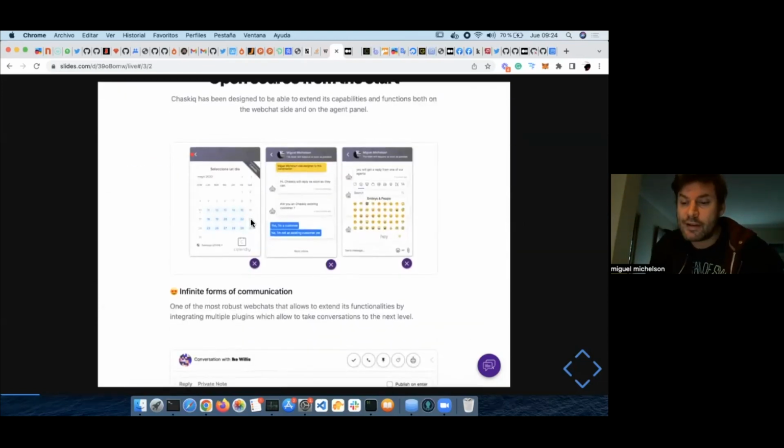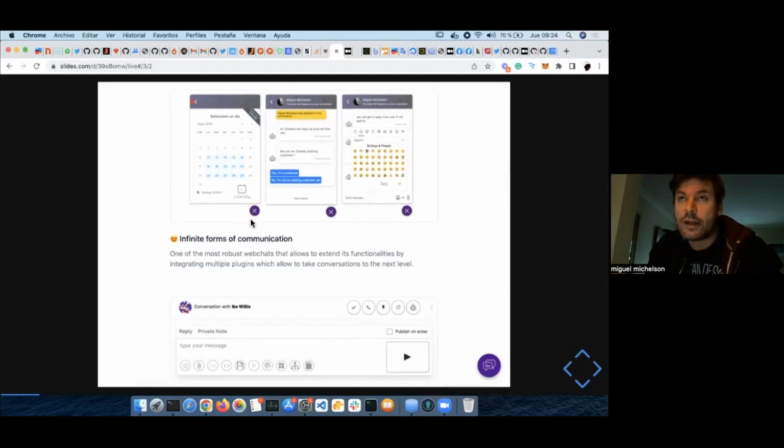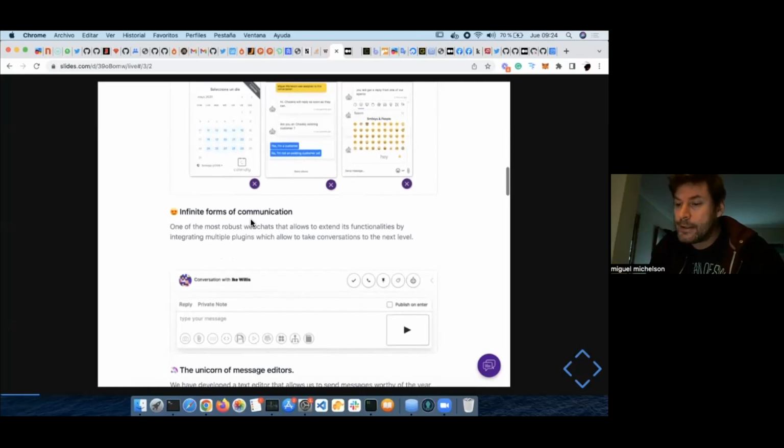It also has a plugin architecture that lets the user extend the application or the conversational experience, and also the agent side panel. So you can just pass some JSON data and extend the application and draw your own UI, right?